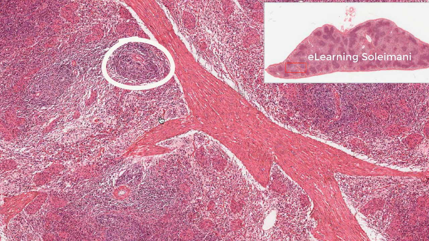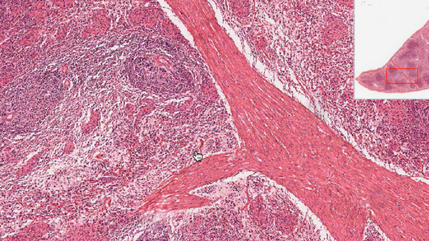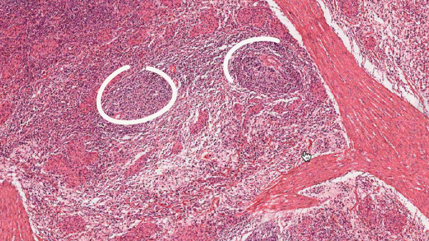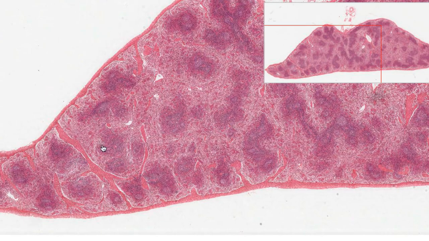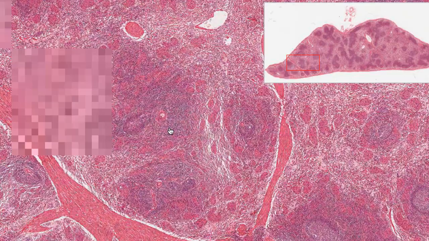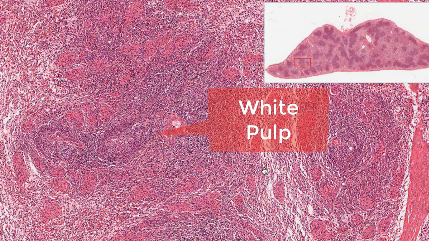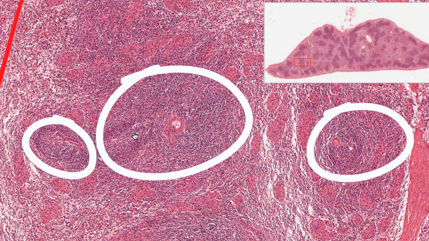The white pulp isn't actually white. It is in fact dark. It consists of lymphatic follicles that appear blue or dark blue, since they are aggregates of lymphocytes. Here we see the white pulp that appears darker than the surrounding tissues, and everything else that is visible is